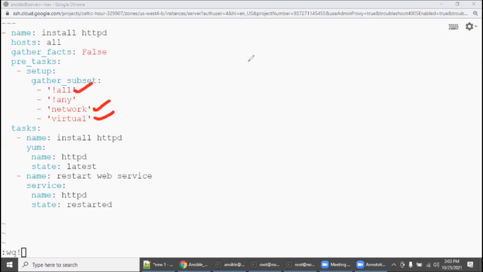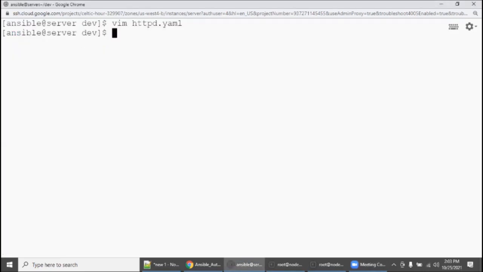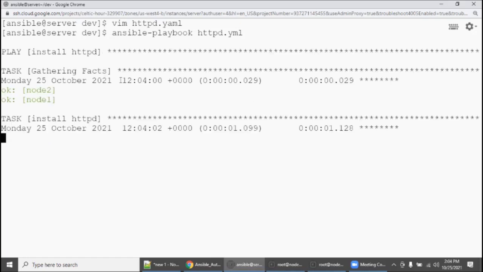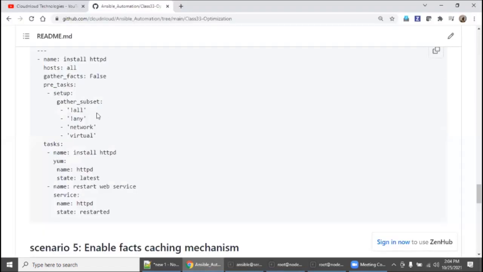So let's give this. Let's execute this. Say facts. Now it will collect only what we declared, network-related and virtual-related.